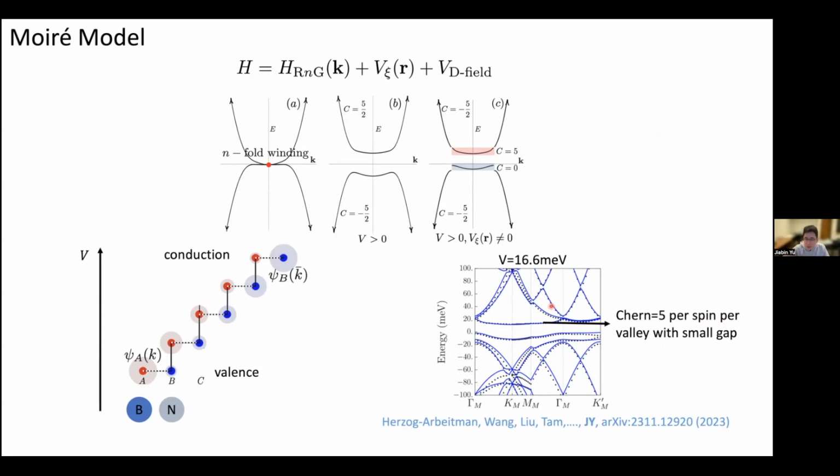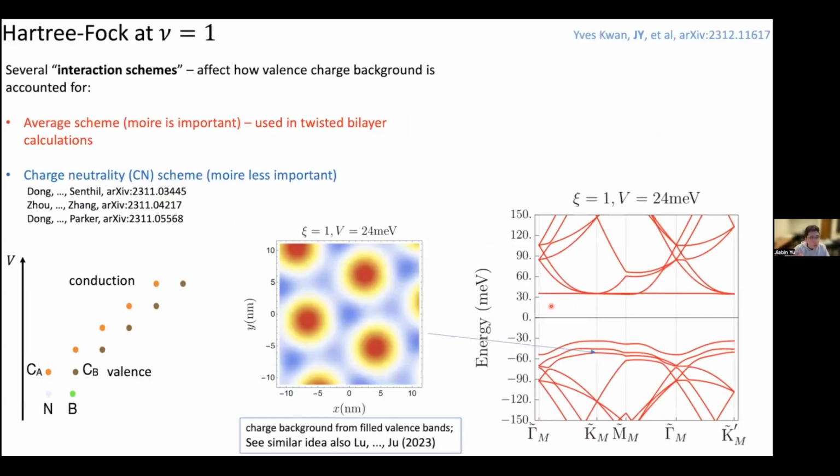Why is that? Because we need to include interaction and do Hartree-Fock calculation. As I mentioned before, at a single particle level, Moiré has really weak effect on conduction band, but very strong effect on valence band. Since we consider electron doping, from now we focus on conduction band, where at the single particle level, the Moiré